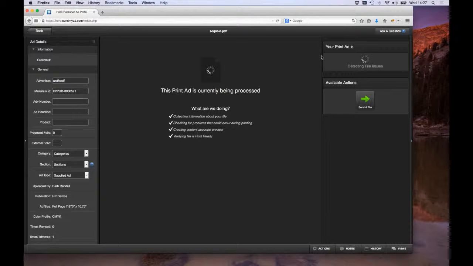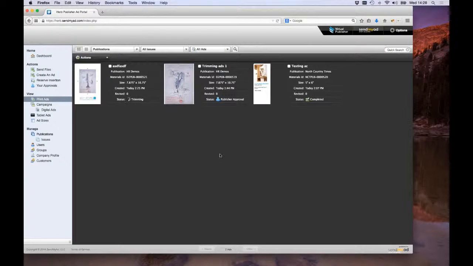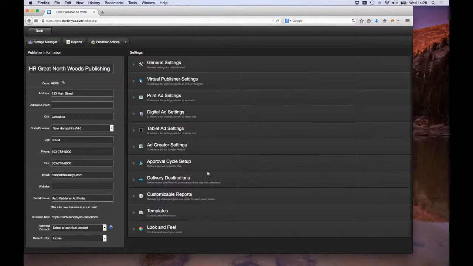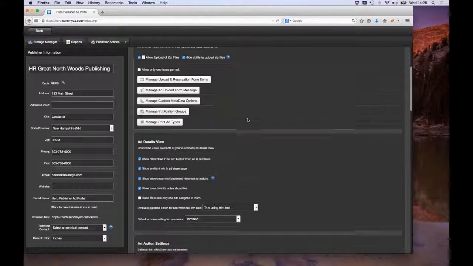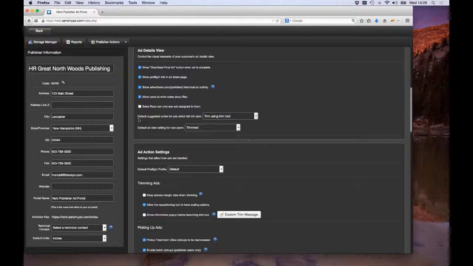And that should be all set for us. Now, there's one option that I wanted to show you, and that is, this is new. We just put this in our last update. It's a very small thing, but if you look under your print ad settings, there's an option here for default suggested action for ads which fail trim size. And